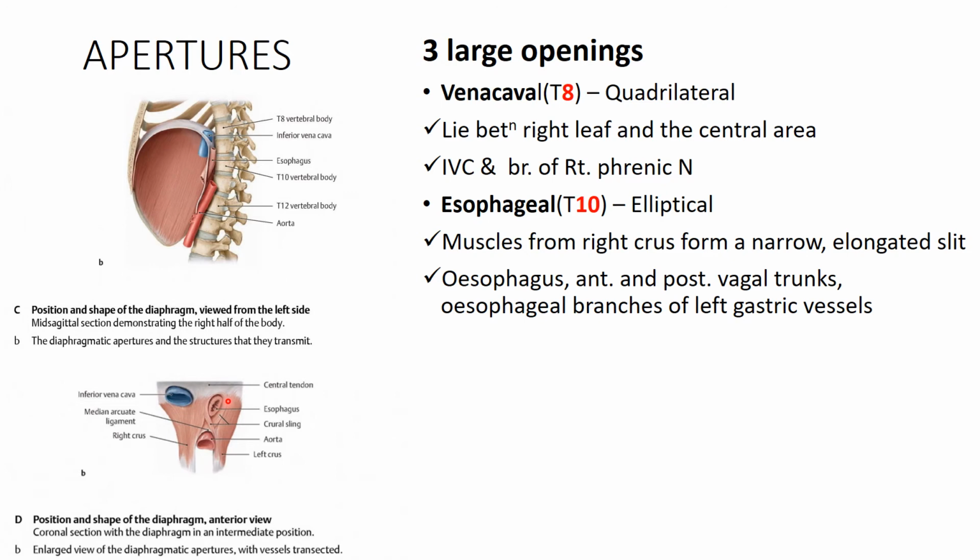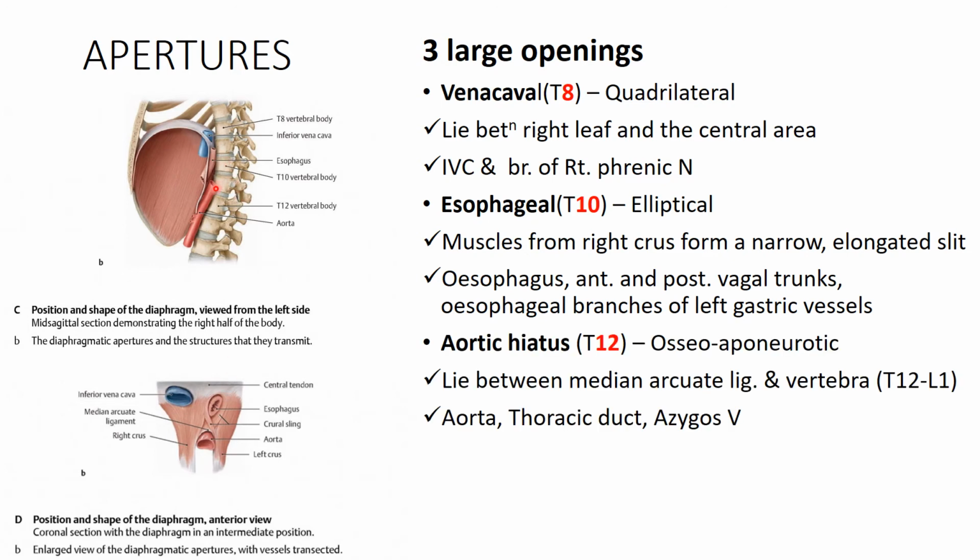And from this opening, the structure which traverses is obviously the esophagus. Along with that, the anterior and posterior vagal trunks, which become the right and left gastric nerves, and esophageal branches of the left gastric vessels. And the third opening, which is the